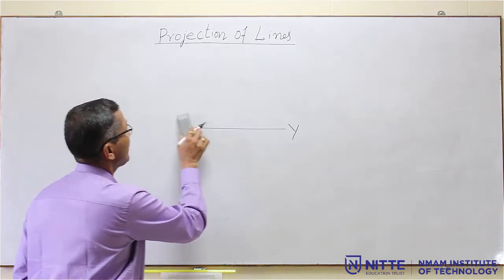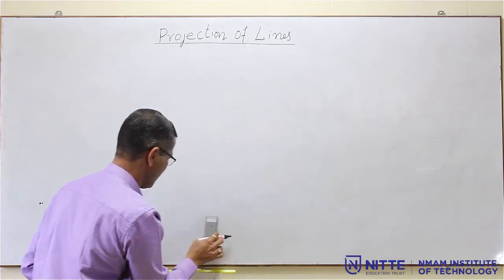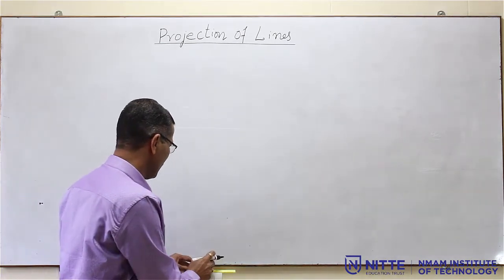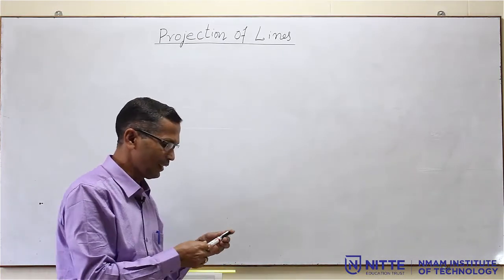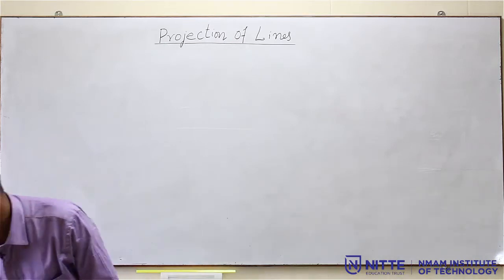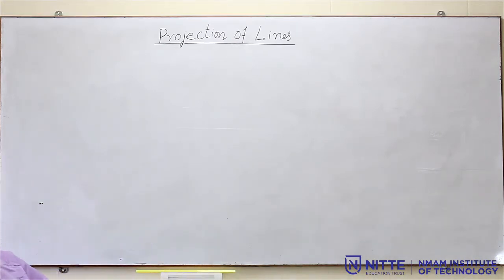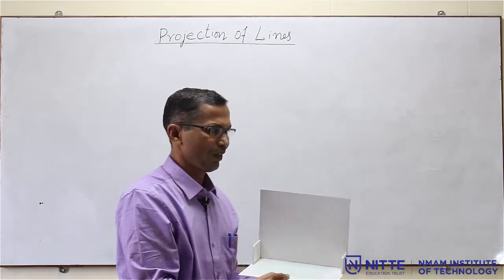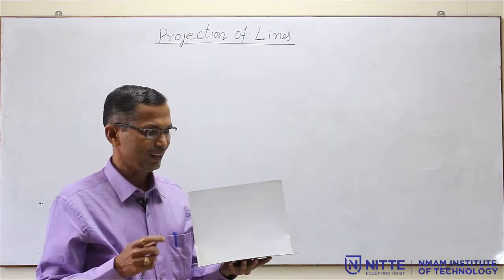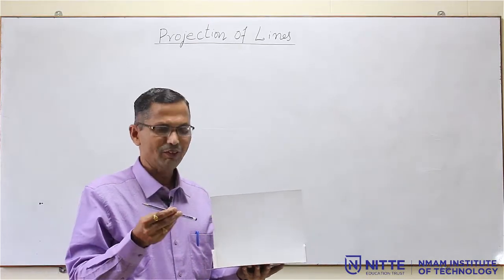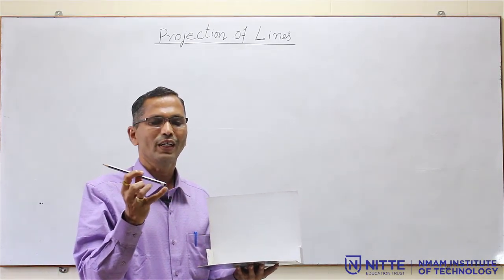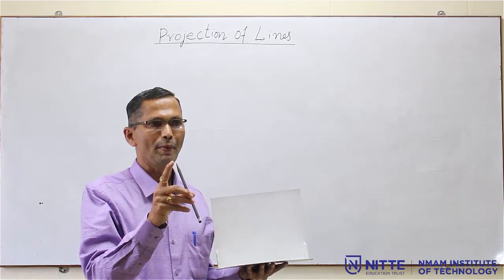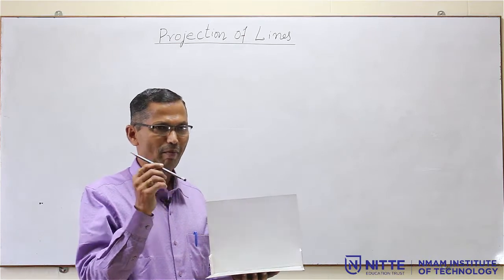Now for our reference, we have to take a standard line, that is line AB, I will take for the explanation purpose. So this is a straight line AB. This is the first quadrant, and this one is the line AB, the blue colored end is the A and the other one is the sharpened point. So this I will take as B. So this is a straight line AB.